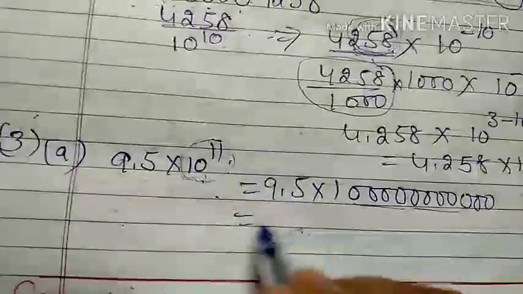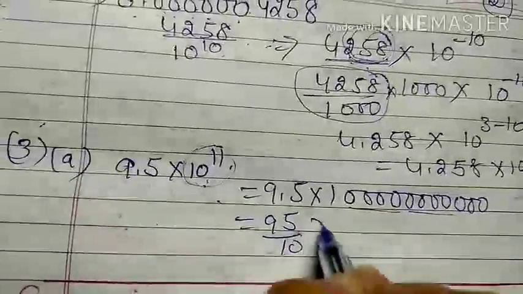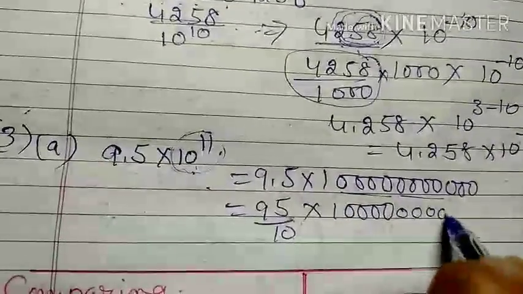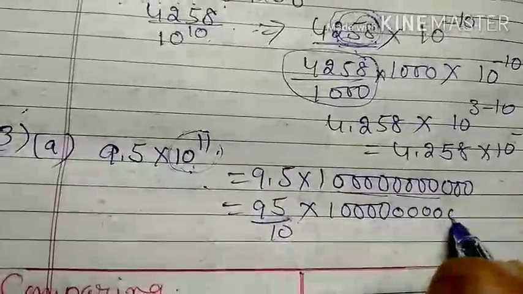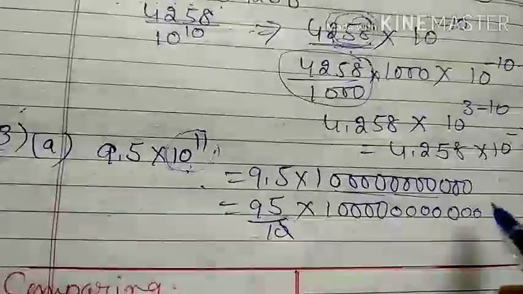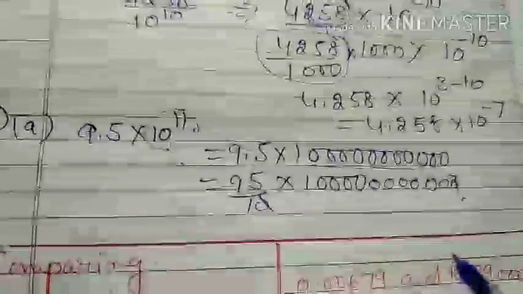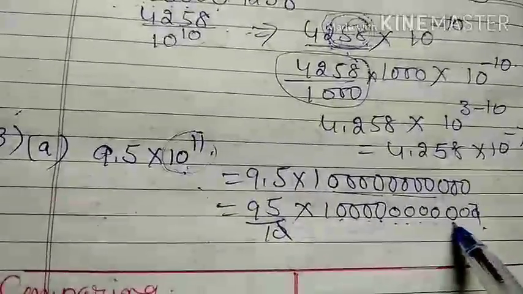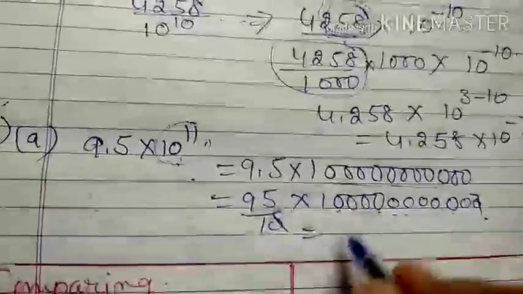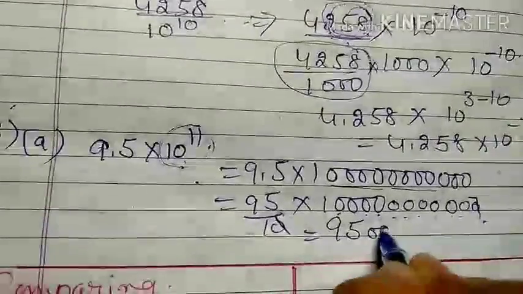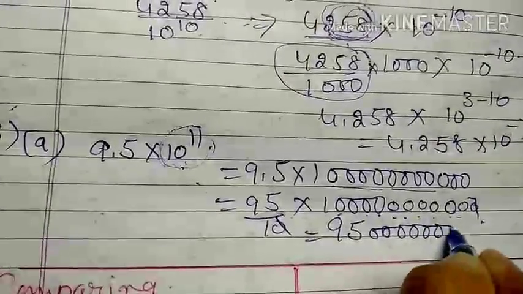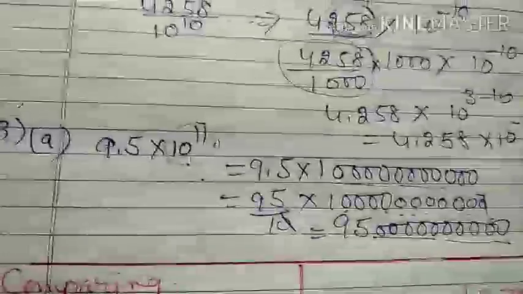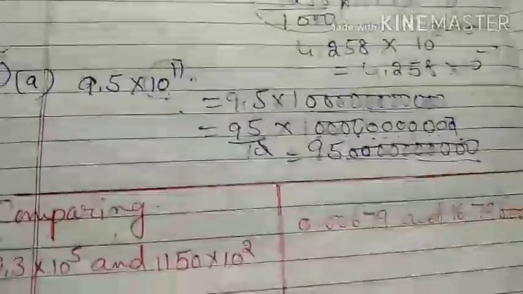Okay, now I open with this decimal sign. 4 5 6 7 8 9 10 11. So 1 zero is cancelled. So how many zeros are left? 1 2 3 4 5 6 7 8 9 10. It means that will be multiplied by this 1 2 3 4 5 6 7 8 9 and 10. So this is 10 zeros. So that is my usual form. This way you have to convert.